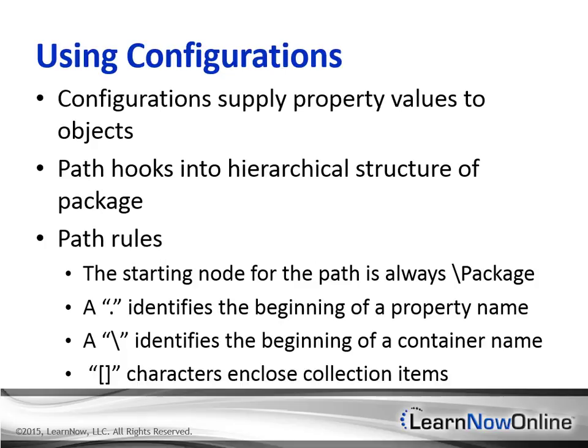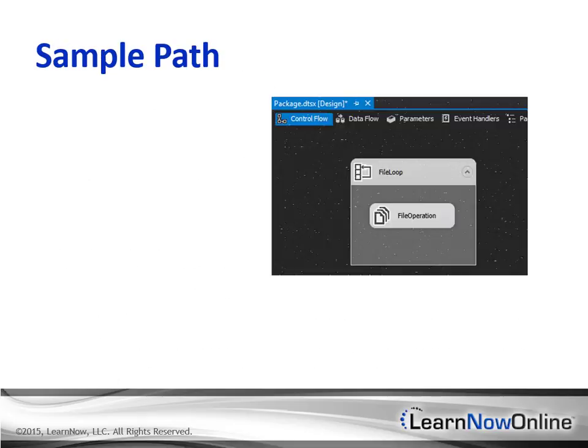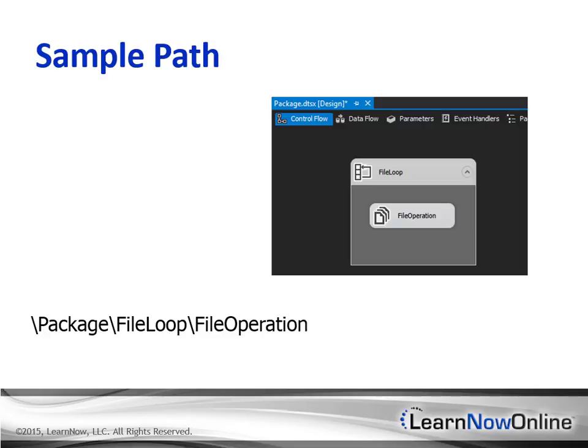So let's look at an example of this. This image shows a file system task named File Operation nested within a Foreach Loop container named File Loop. The path string to access the OperationName property of that File Operation, or the file system task, starts with /package /file loop /file operation .properties, that's another fixed string, so it's always .properties, and then in square brackets,